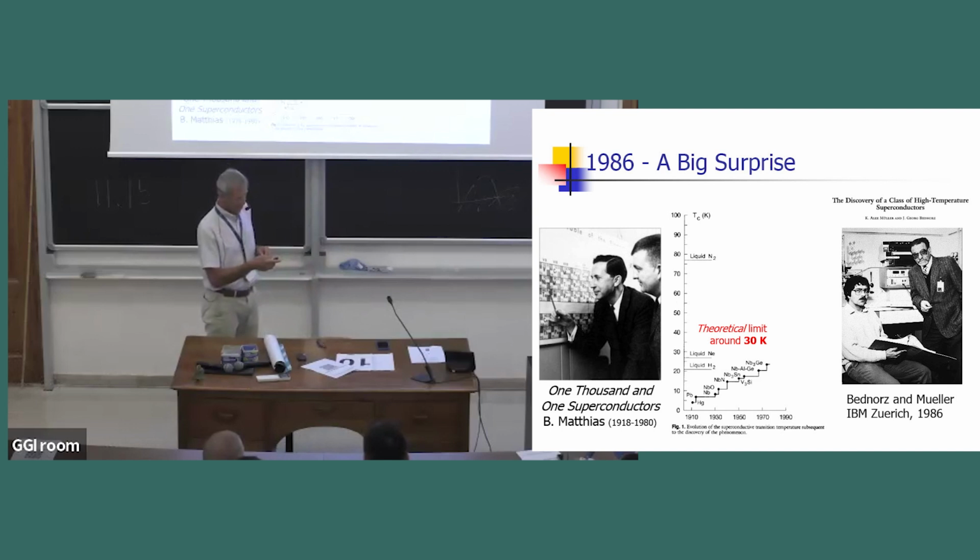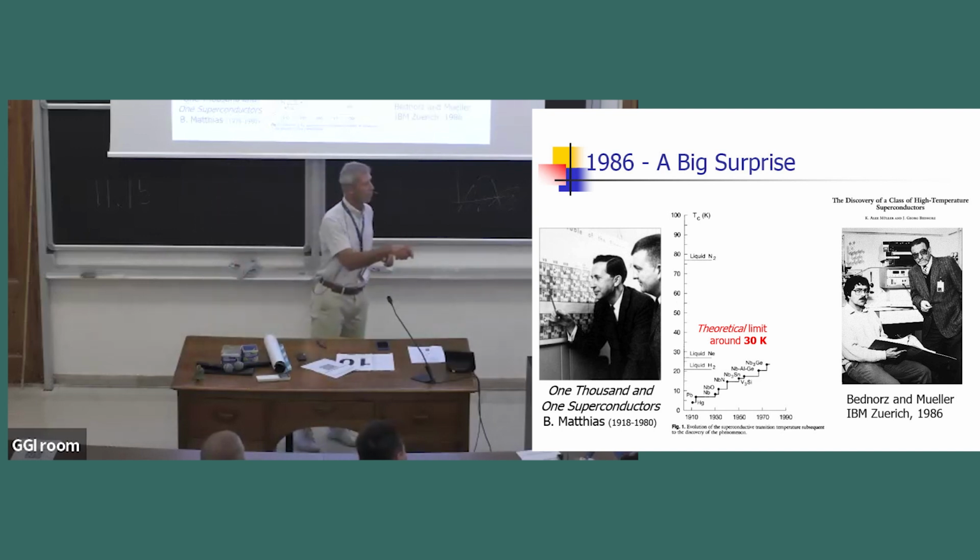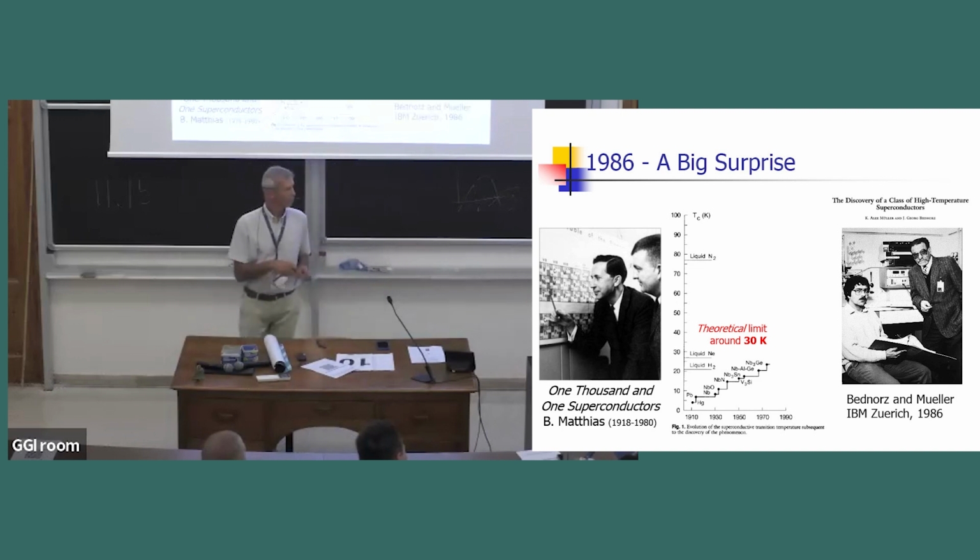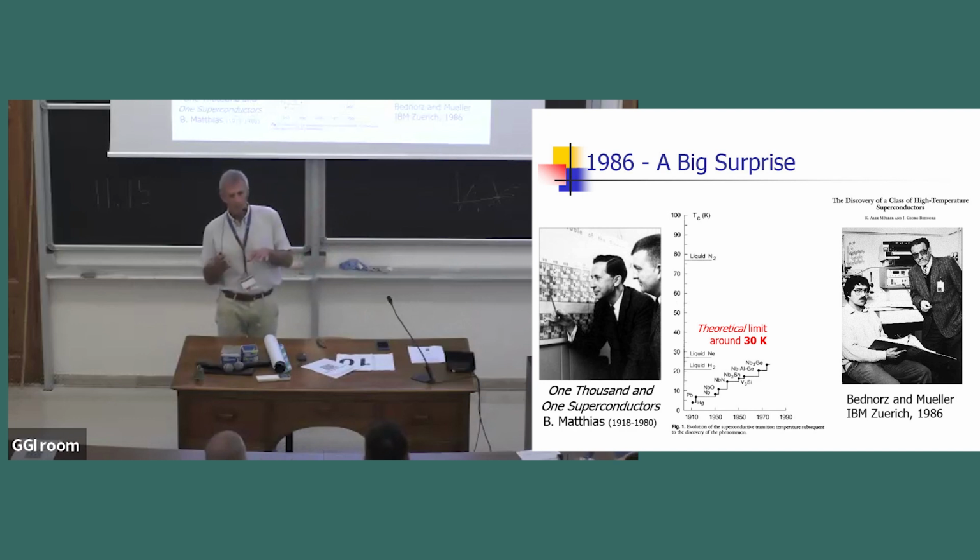Now, unluckily, he died in 1980, because in 1986, Bednorz and Müller at the IBM labs in Zurich found out that there are materials that become superconducting above 30K. So that was the big discovery. And from there on, there was a big excitement until materials came up like YBCO, yttrium barium copper oxide, that is superconducting up to about 100K. So obviously, it's not BCS. And by the way, it's not really clear what the superconducting mechanism is for these materials. So it's not just BCS.